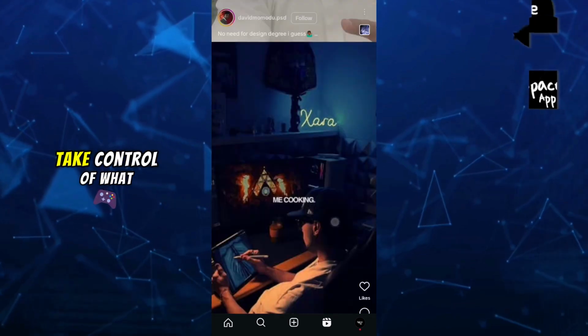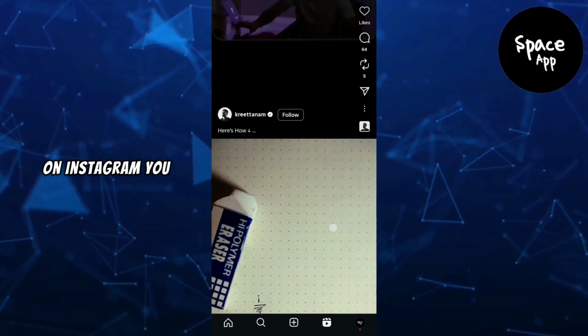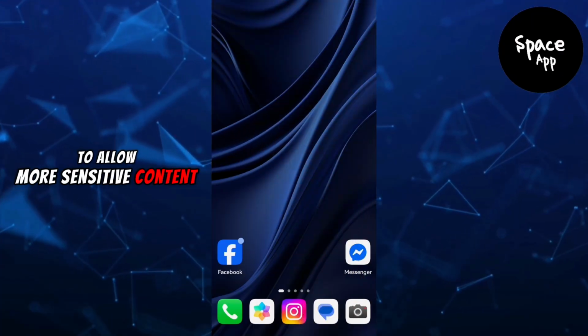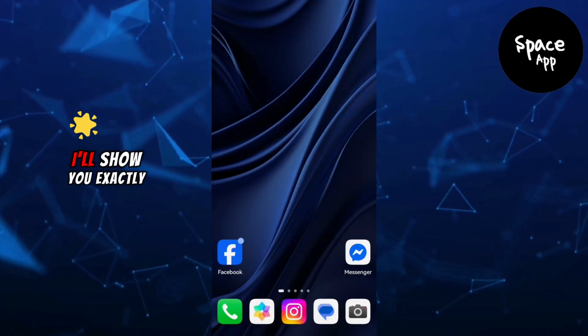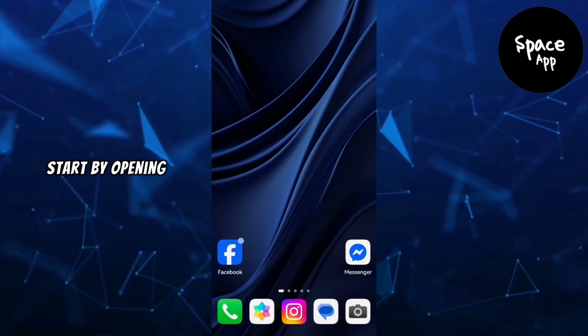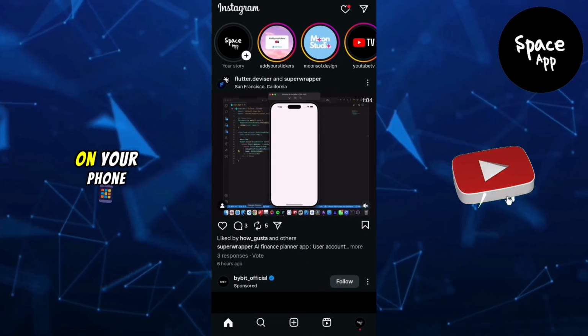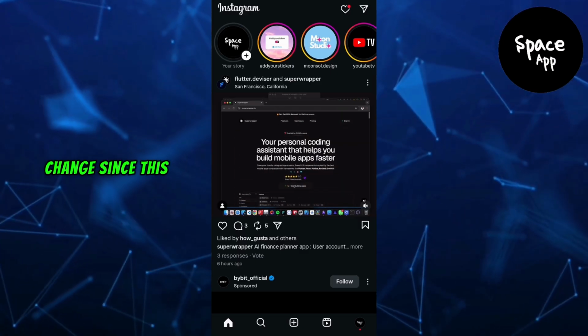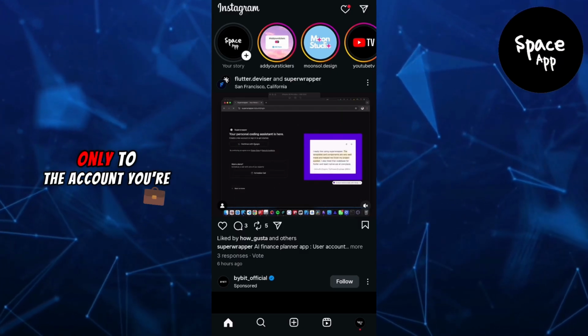If you want to take control of what you see on Instagram, you can adjust your settings to allow more sensitive content. In this video, I'll show you exactly how to enable it step by step. Start by opening the Instagram app on your phone. Make sure you're signed in to the account you want to change, since this setting applies only to the account